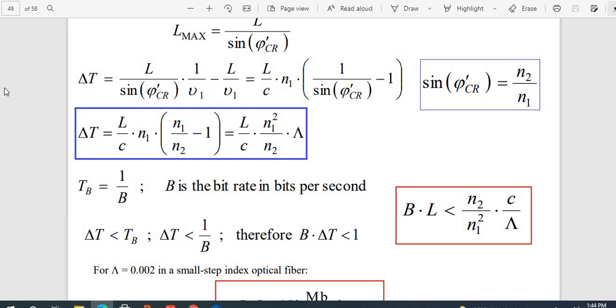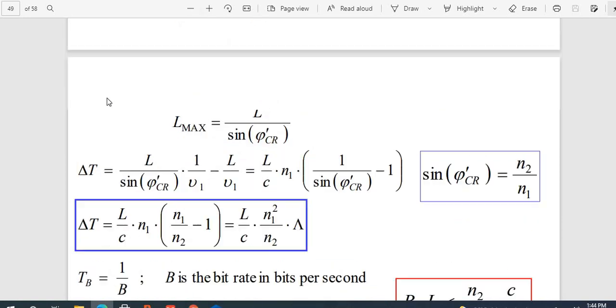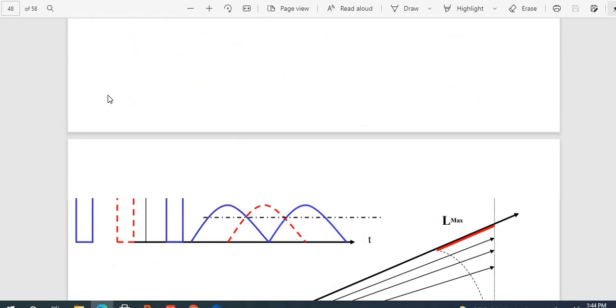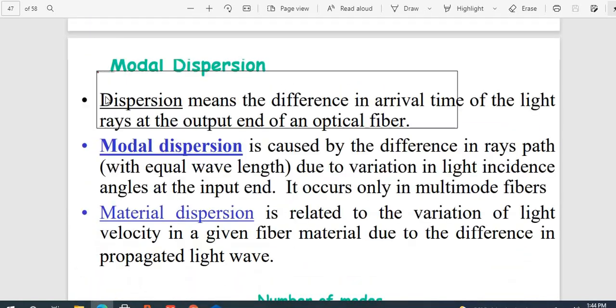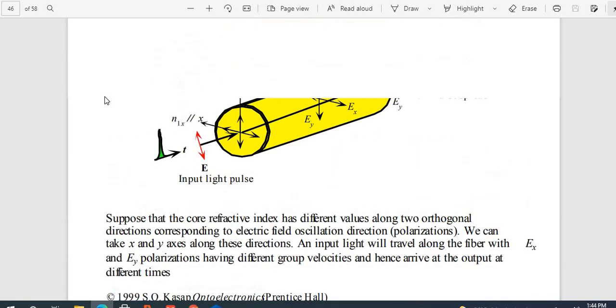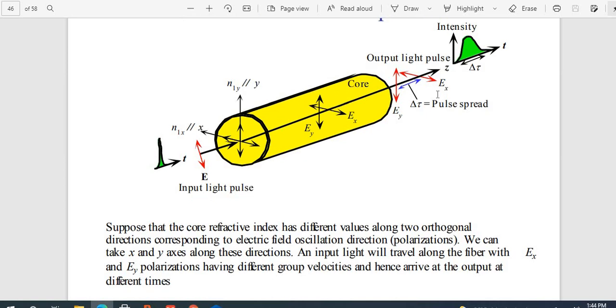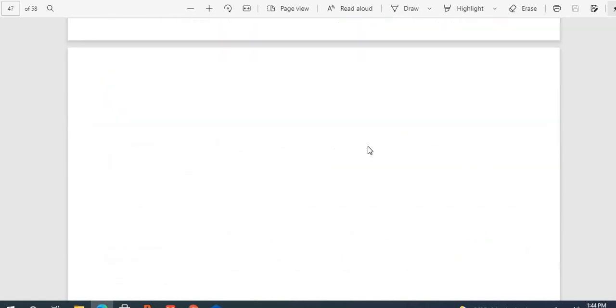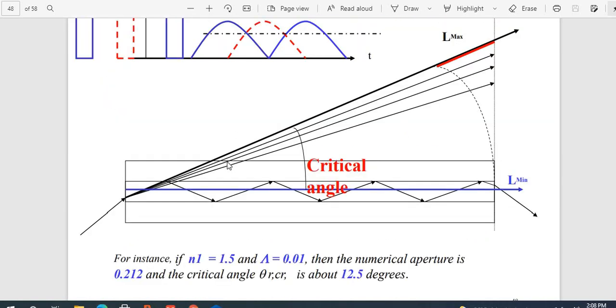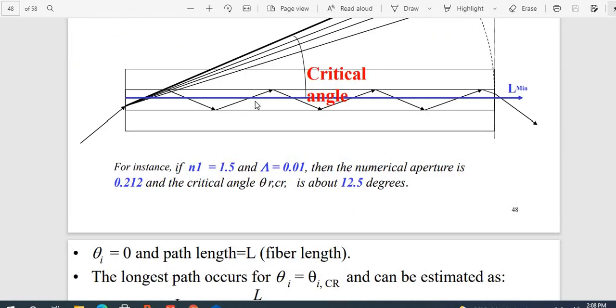Right? Delta t is the formula we received. In the fiber we have seen, this is our delta tau. This is the path. Whatever the form of output we get at different times, that is nothing but delta t. Delta t we have already obtained here. So over here we have taken the values of that particular angle and we found the diagram, right?